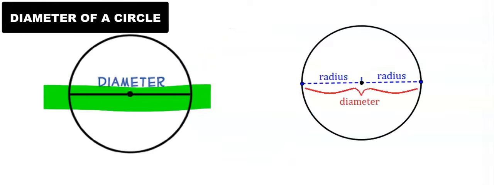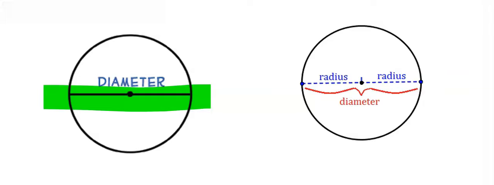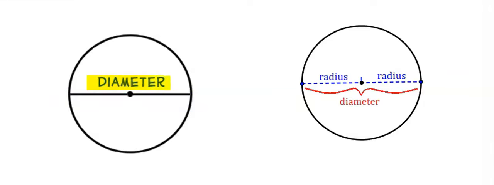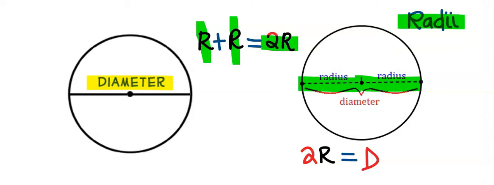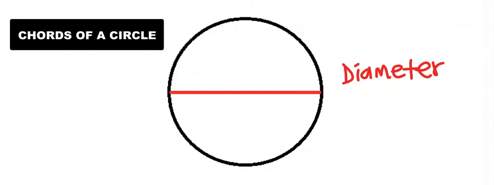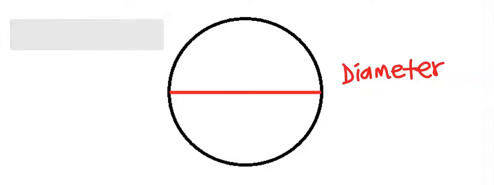The longest line drawn from one end of a circle to the other is called the diameter. This is a radius, which is this, and if you add it to this radius, which is this, you're going to get 2 radii. That is, the addition of 2 radii is equal to the diameter. Since the diameter is the longest distance